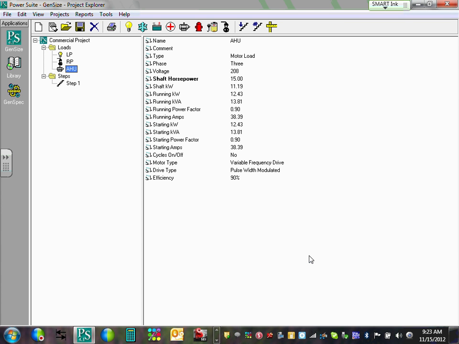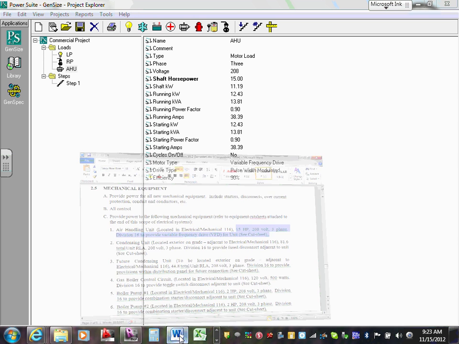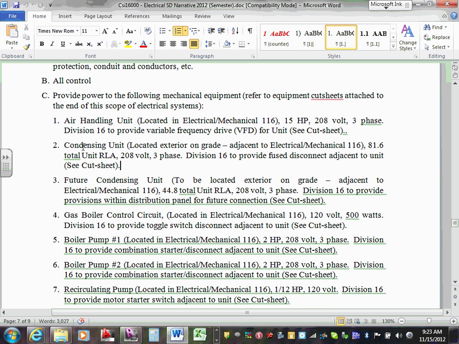Condensing unit. I'm going to pick the condensing unit. Why? Because a condensing unit is different than motors. It has a condenser. Okay, let's go to the condensing unit. Here's my condensing unit, at the bottom. I have a condensing unit 1. It's 81.6 total unit rated load amps,